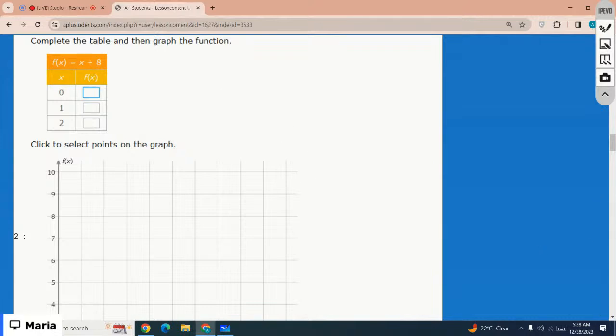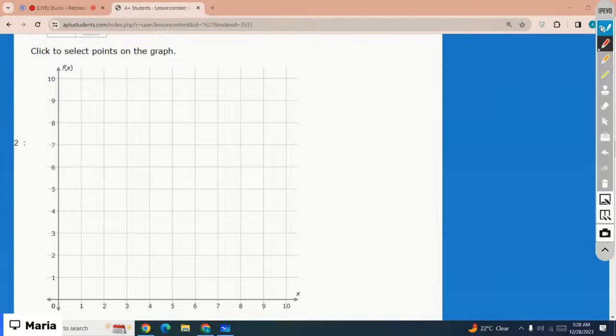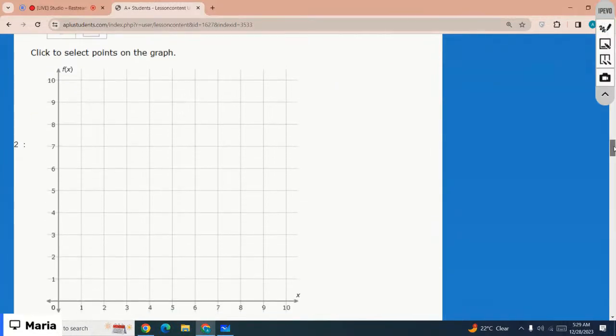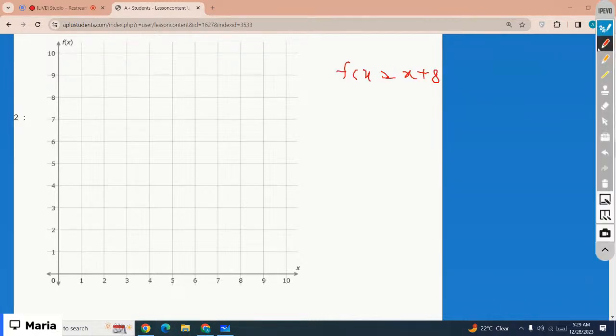I'm going to write down the equation here: f of x equals x plus 8. The table of values is for 0, 1, 2. You have to calculate the value for 0, 1 and 2, so you make a table for 0, 1 and 2. Let's start with x equals 0. That would be f of 0. F of 0 is 0 plus 8 equals 8. That means when x equals 0,